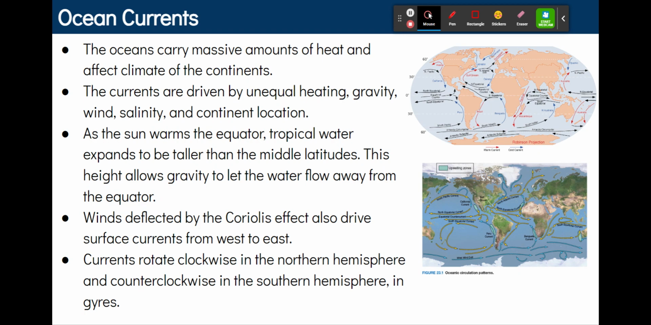It tends to be darker colored objects. The ocean is very dark, so it's going to have a low albedo and absorb a lot of solar insolation, a lot of sunlight, and thus be very warm. So the oceans carry massive amounts of heat and affect the climate of continents. The ocean currents are driven by unequal heating, gravity, wind, salinity, which is how salty, as well as the continent